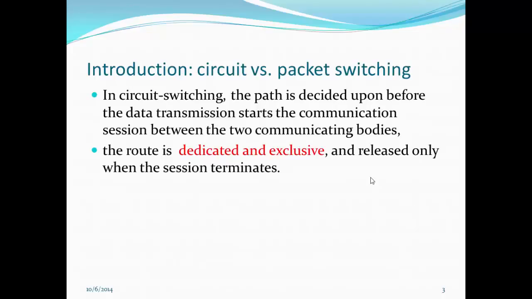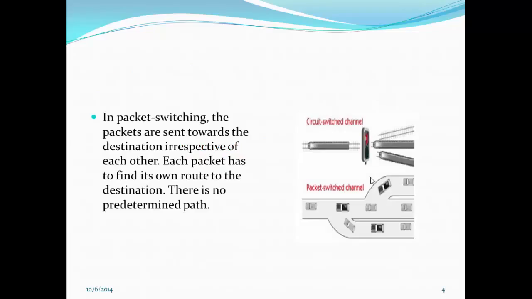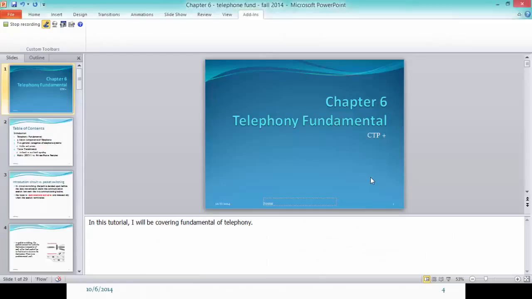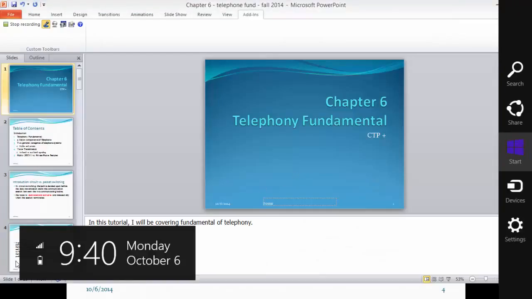The route is dedicated and exclusive and released only when the session terminates. In packet switching, the packets are sent toward the destination irrespective of each other. Each packet has to find its own route to the destination. There is no such predetermined